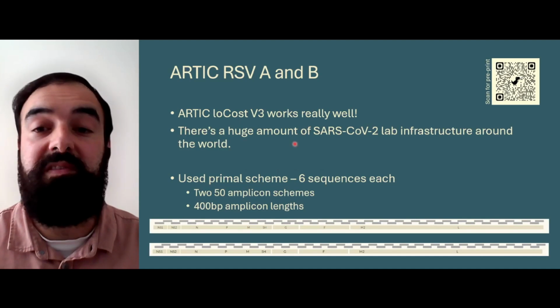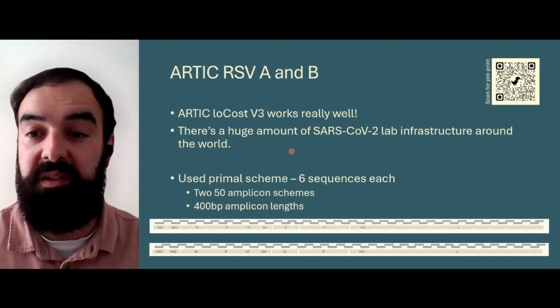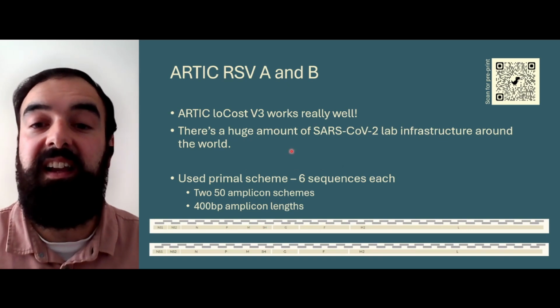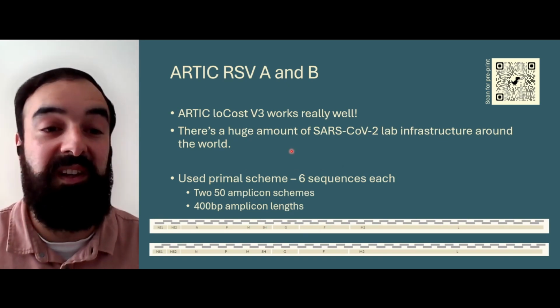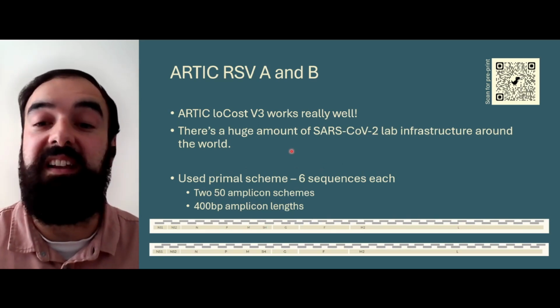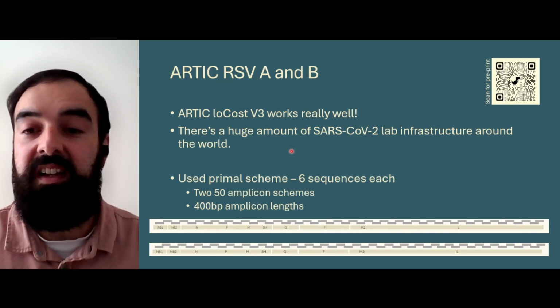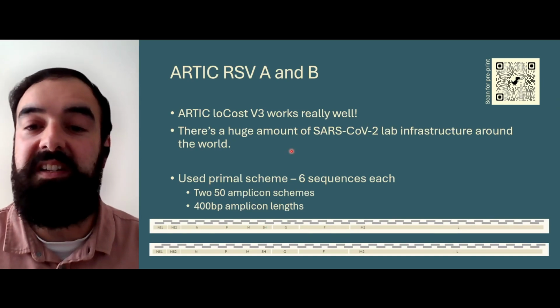To attempt to address this, we looked towards the success of the Arctic SARS-CoV-2 sequencing methodologies. In particular, the Arctic low-cost V3 library prep method for SARS-CoV-2 sequencing has worked really well and was used extensively during the pandemic, generating millions of SARS-CoV-2 genomes. As a result of this, there's a huge amount of lab infrastructure around the world ready to be used for